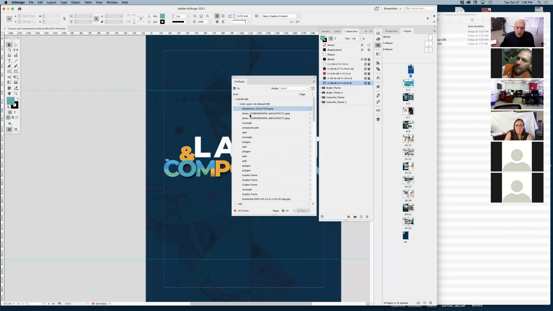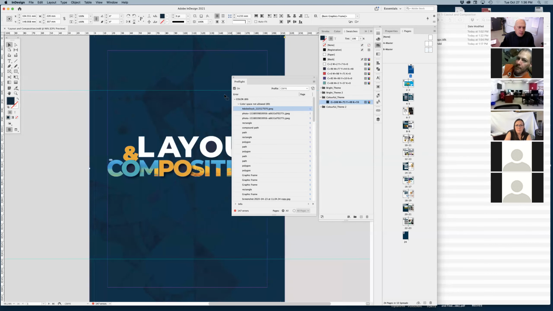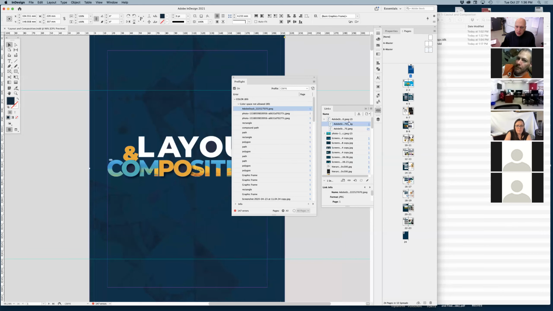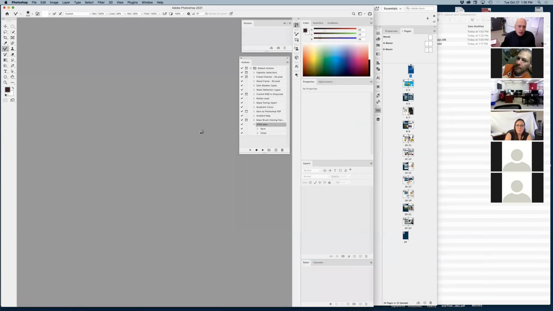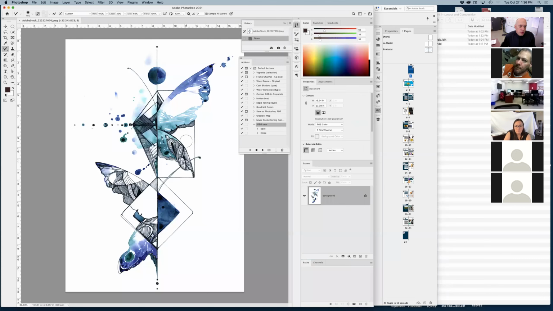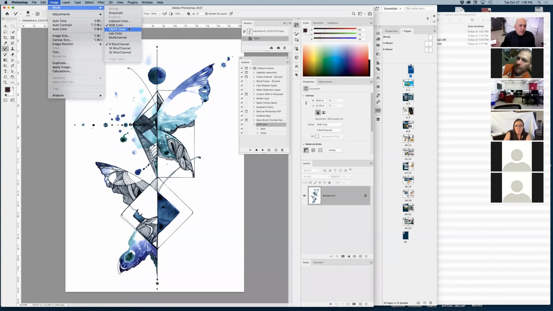The next one is, again, you have an Adobe stock image right there in the background, and it likely is an RGB. You can manually change them one by one, but when you have 89 images, that's a lot. You can go into your links, and this is a JPEG right there. You can go within your links palette right here, and you can go edit original, and it switches over to Photoshop. It is an RGB file, as you can see in the upper left corner in the tab right here. So I can go into image, mode, CMYK,